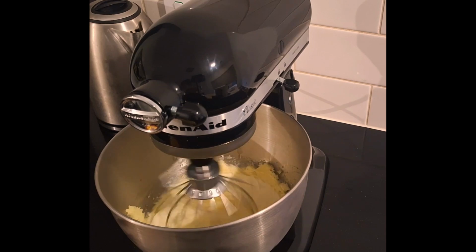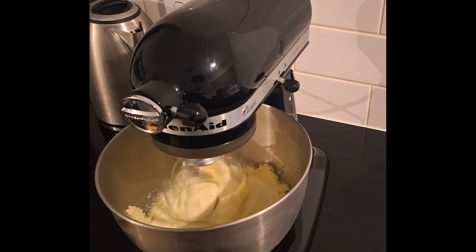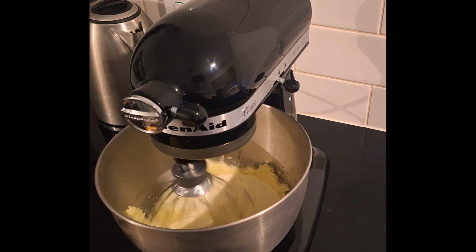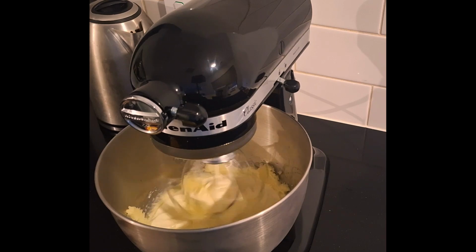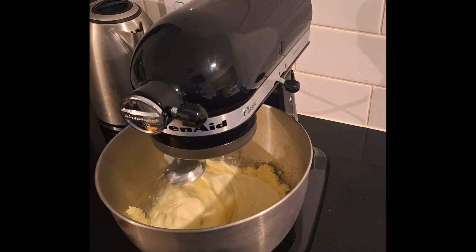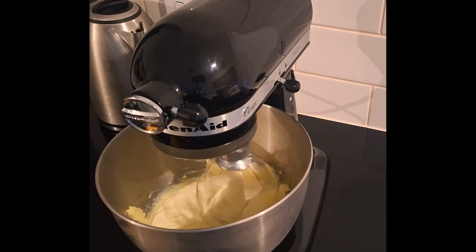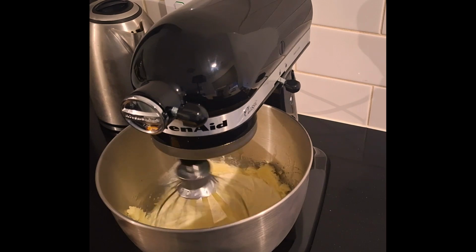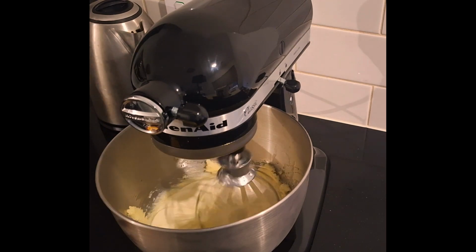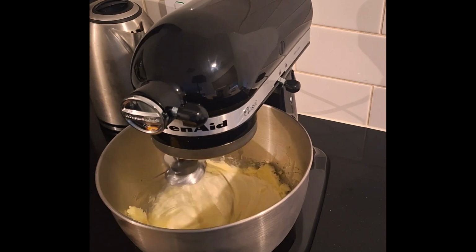I repeated the rendering process. So I cut the large chunk into smaller bits, put it back in the oven with some water and a bit of salt again, and then repeated the process. It melted completely again. I strained it, solidified it in the fridge, brought it back out. At this point it was clean. So I now melted it